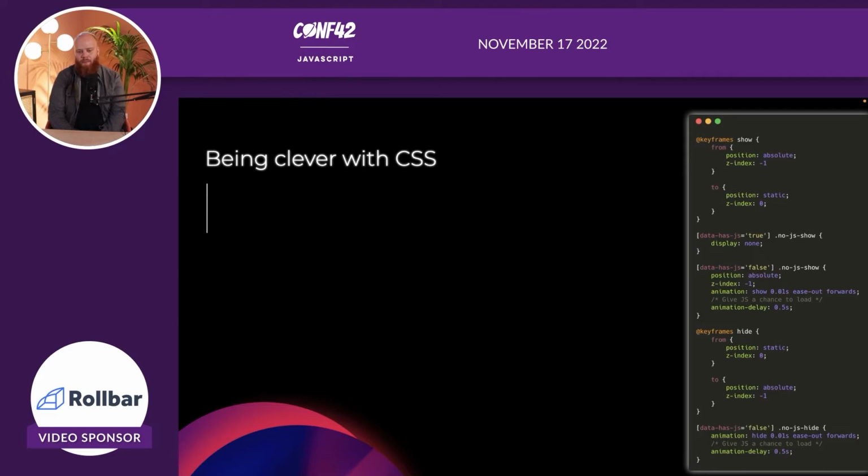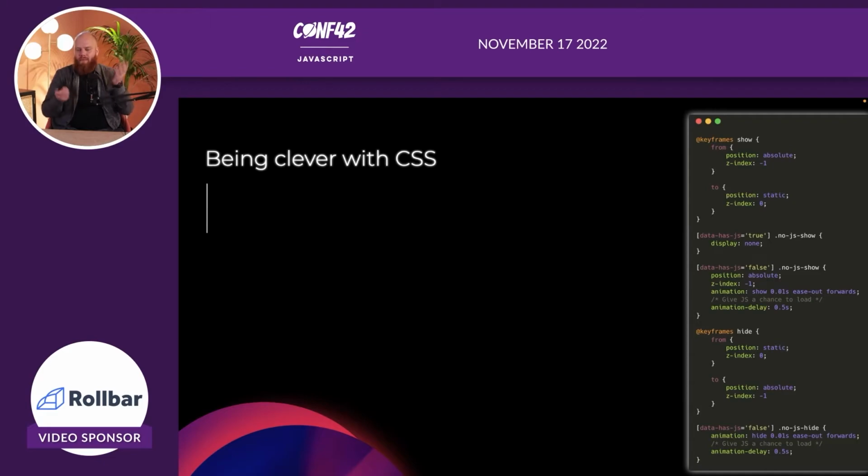And I do some trick here with animations. And why do I do that? Well, of course, we wanna give JavaScript a second to load. So whether you wanna hide certain UI parts, you want to give that check, or basically the client-side JavaScript bundle, some time to actually load. So in this case, I just gave it 500 milliseconds. And after that, these things will come into effect.